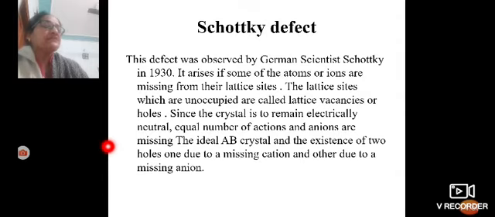Since the crystal is to remain electrically neutral, an equal number of cations and anions are missing. In the ideal AB crystal, the existence of two holes, one due to a missing cation and the other due to a missing anion,